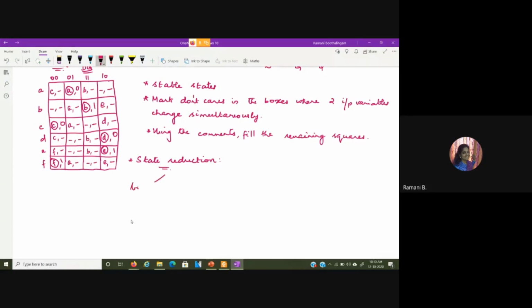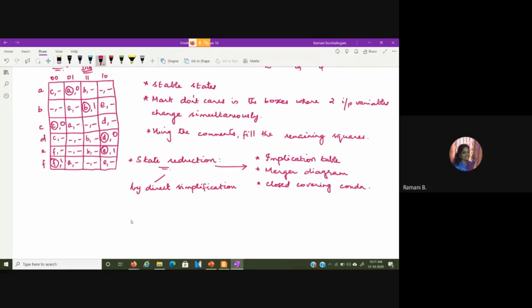One is by direct simplification, that is by looking at the table, we check whether we can reduce the number of states. The other has a procedure where we write the implication table and the merger diagram, and we check for the closed covering condition. So we will see that.